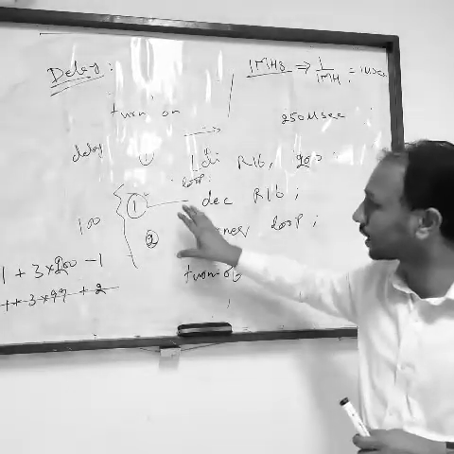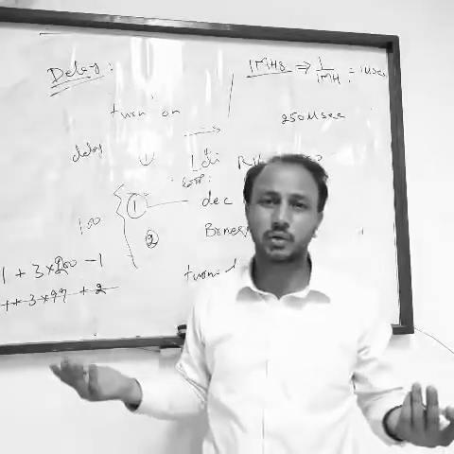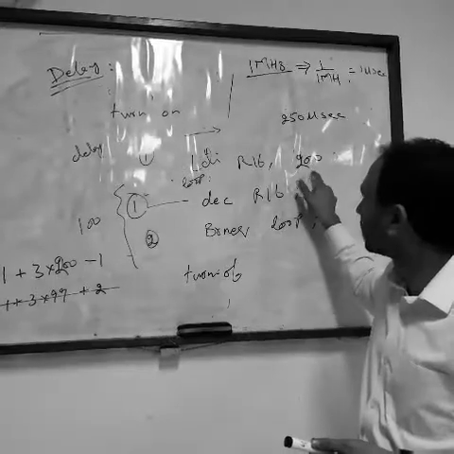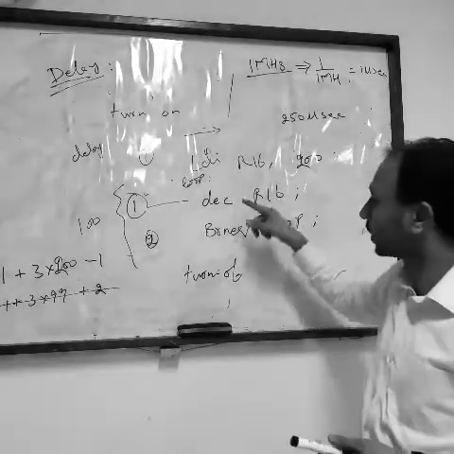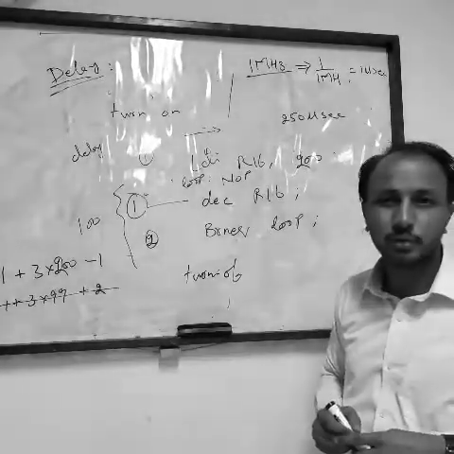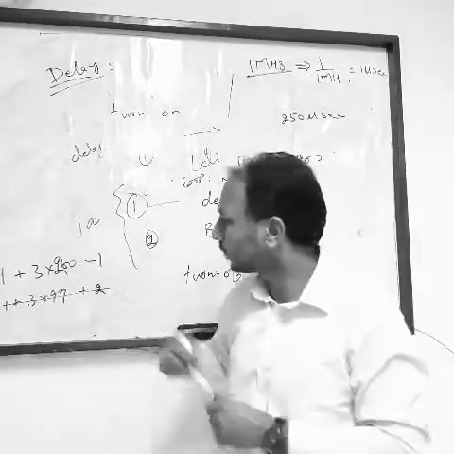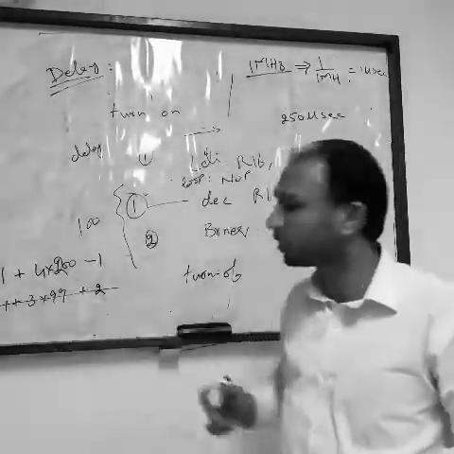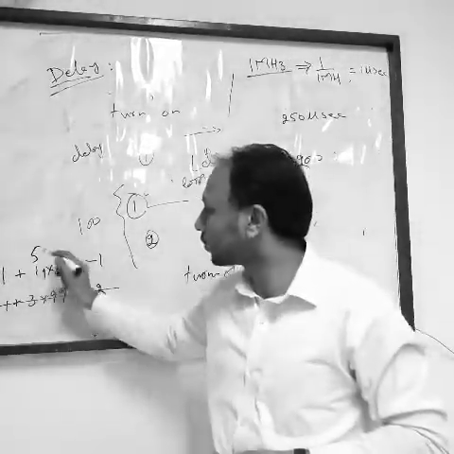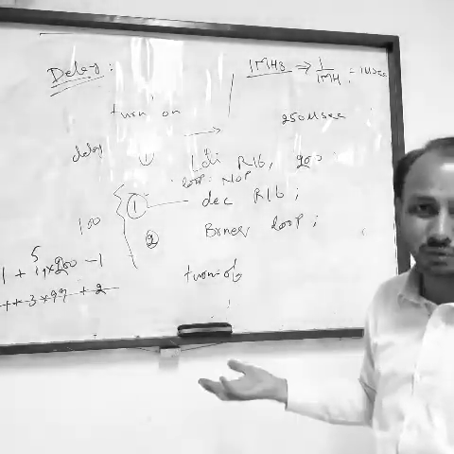So 600 microseconds. If you want to make more delay, what can you do? You can only count 255 times here. What you can do is put a no operation instruction here. For example, if you are putting one no operation instruction, it will be 4 multiplied by 200. If you are putting 2 NOP instructions, it will be 5 into 200. But again the problem is, if you are writing more NOPs, you are just wasting your instruction memory.